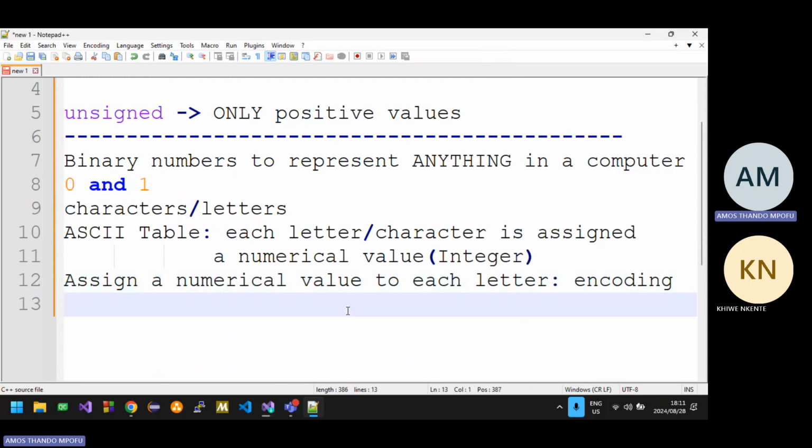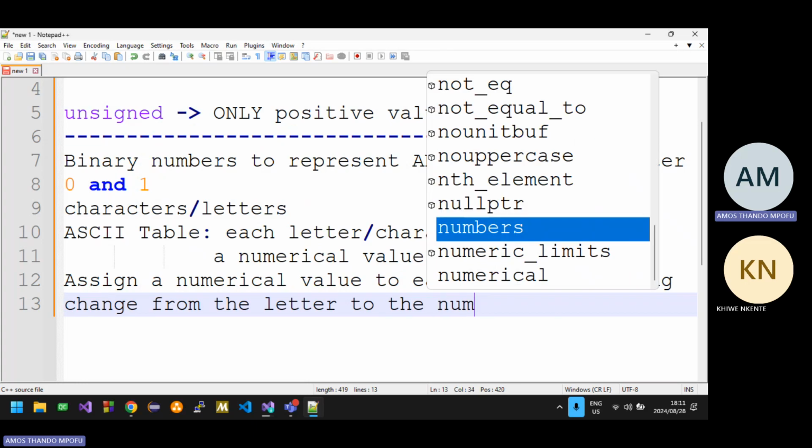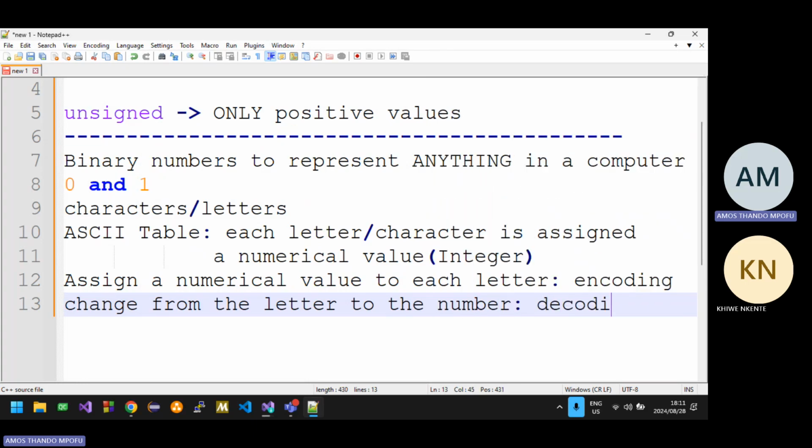But if you do it vice versa, changing from the letter to the number, that's called decoding. Encoding is giving that number, basically assigning each letter a number, which is basically converting from the numerical value to,